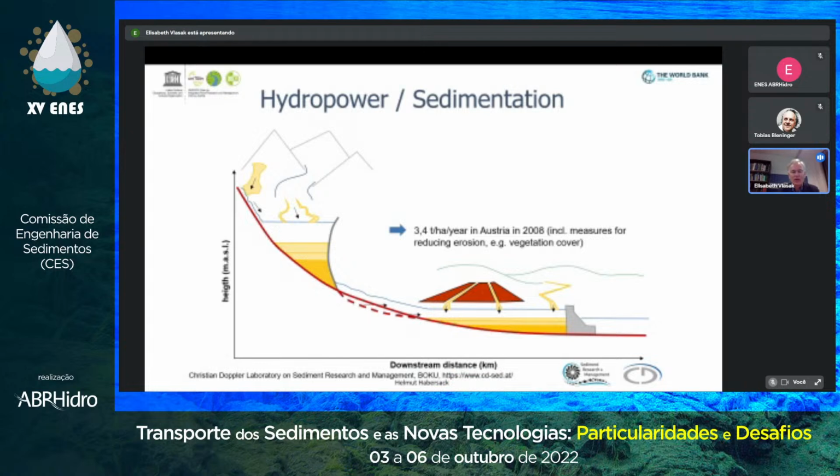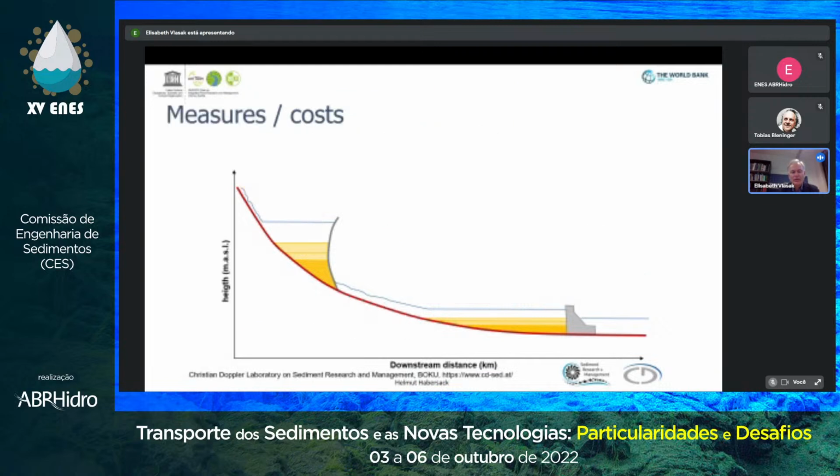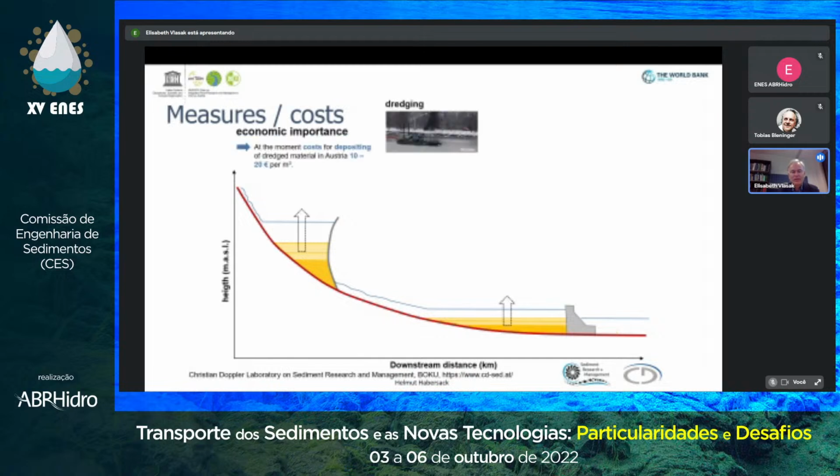So you might want to know how many tons per hectare per year are eroded, and how much is the uplift of the alpine environment, the mountains, like here 1.6 millimeter per year. You wanted to know, and you should know a little bit more about the erosion of the riverbed, of course, also on the sedimentation. So we need monitoring. It's very important. Without that, we can't really do things.